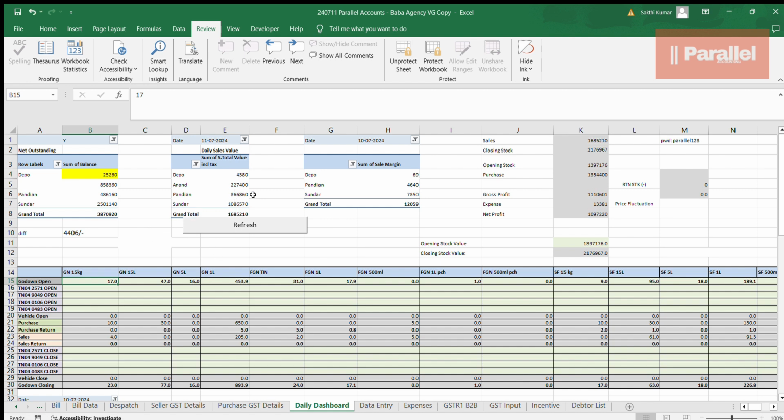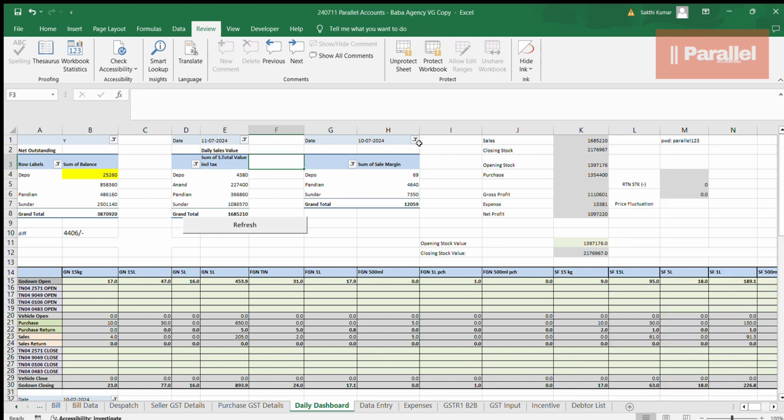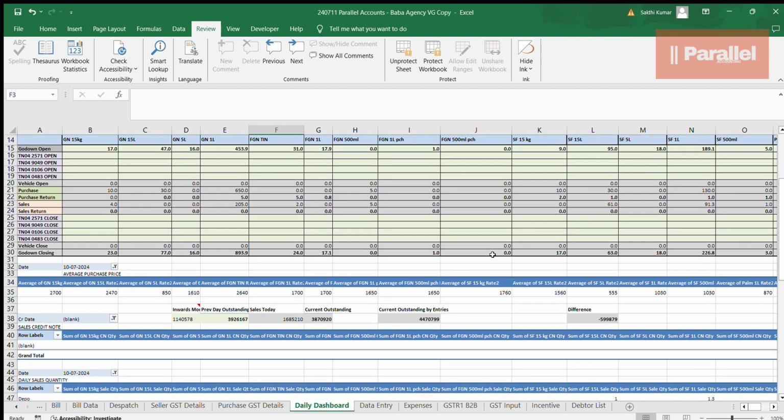Okay, so in this pivot table shows us the sales value. This will show the margin for the date. This is the money that we calculate by ourselves. So for 11th of July, we total the amount that has been received by bank and also by cash,